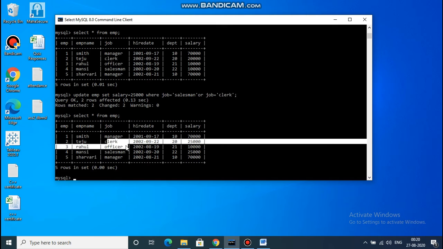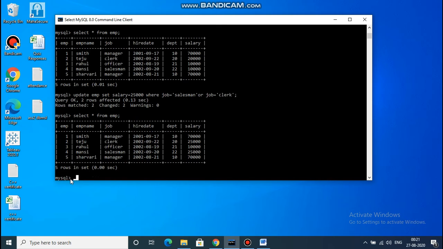Next DML query is add new field called address in EMP table. So already we have seen regarding the alter command. So we have to use alter command over here. Alter table, table name is EMP, add address.